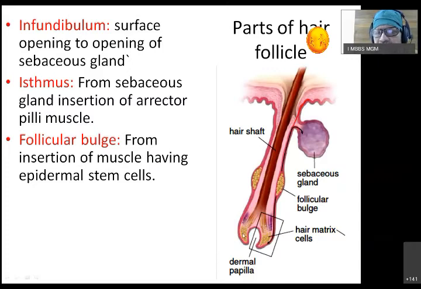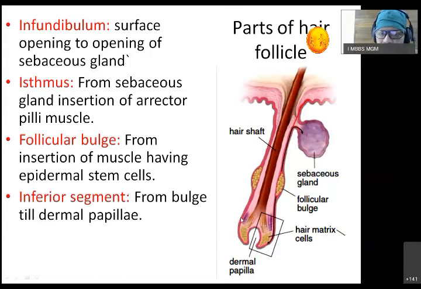We're going to see the layers of the hair bulb. The outermost layer is formed by epidermal layers, and this is the storehouse of the stem cells of the epidermis. So they are called the follicular bulge. This is the third part of the hair follicle. Then we talk about this portion, the inferior segment. We are going to deal in detail with how the layers are formed. This is a well organized formation, and then ultimately, like the stratum corneum, the cells will be dead and fall away. The same thing happens, that the stratum corneum practically forms the three layers of the hair follicle.